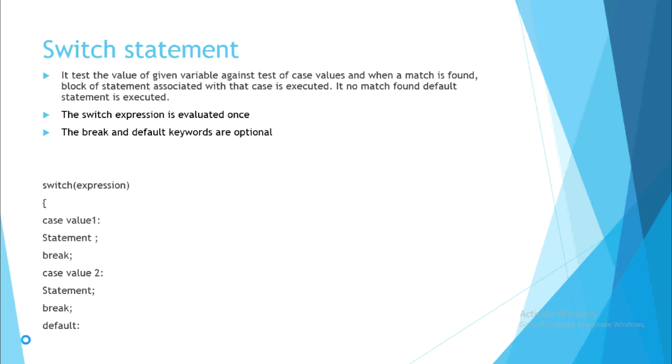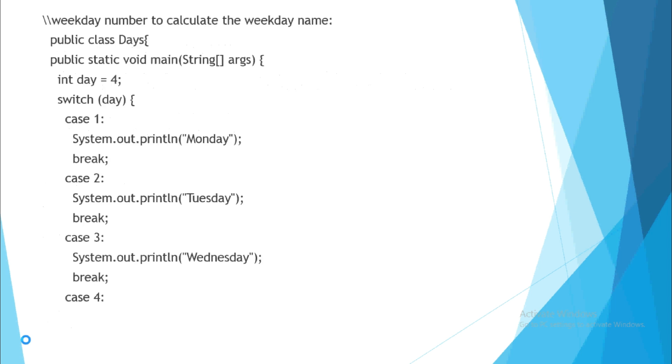I hope the switch statement is clear. It will be more clear when I show you an example. Over here I have shown you a program that is printing the days like Monday, Tuesday, Wednesday depending on the day number I am giving. For example, I am starting with the day Monday with a 1. So over here if you see, I wrote public class days. I made a class by the name of days, then public static void main. I wrote over here int day equal to 4.